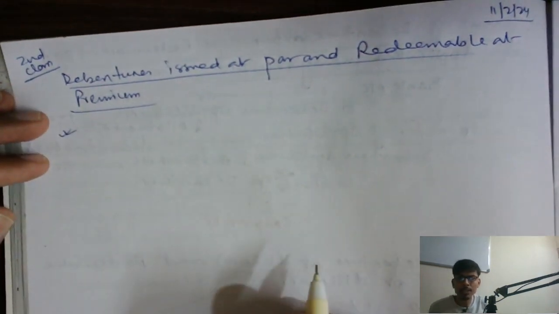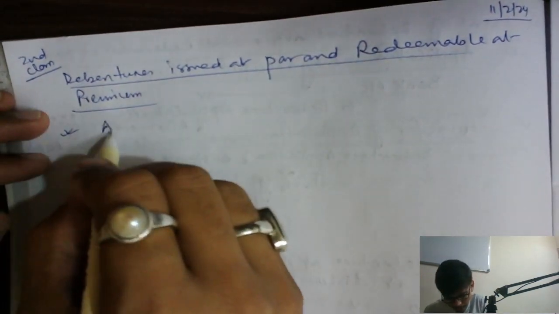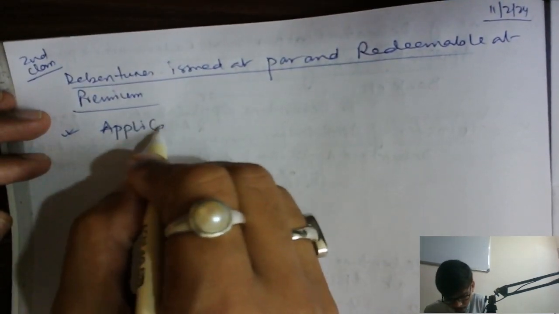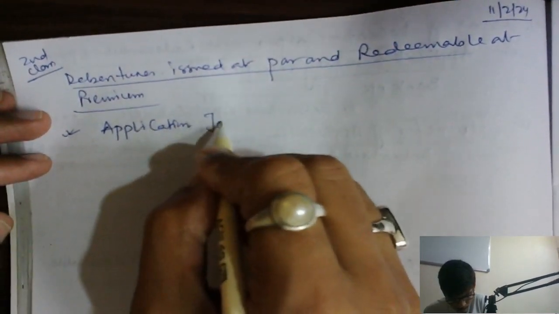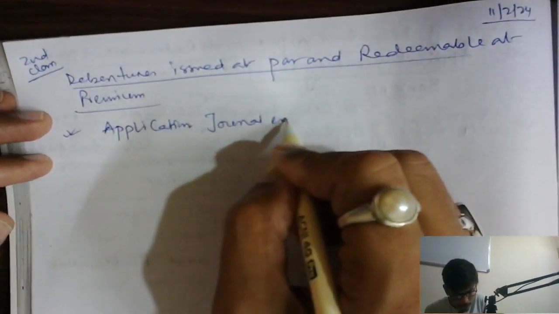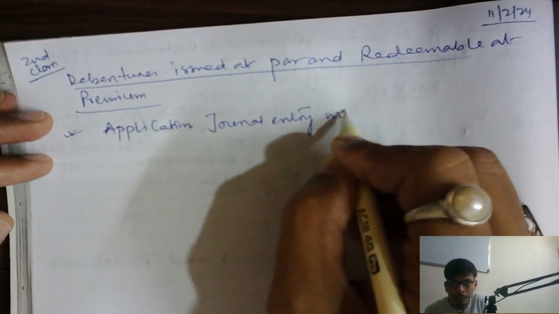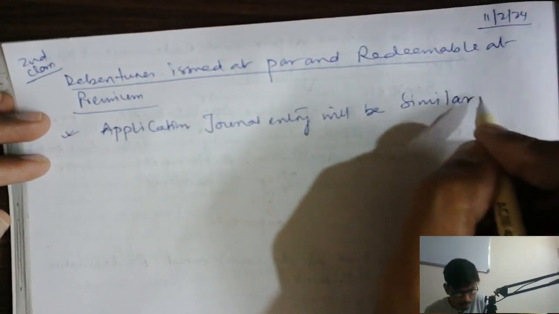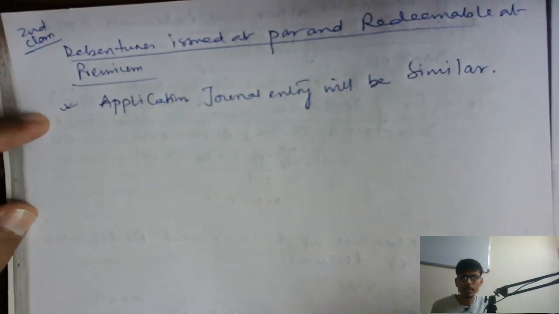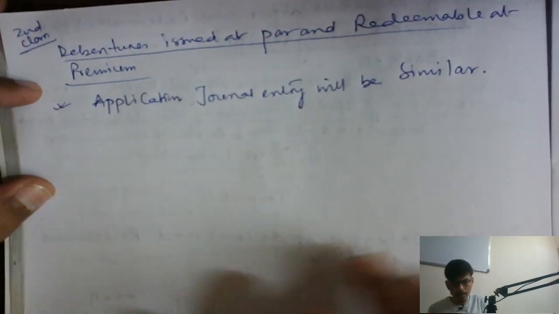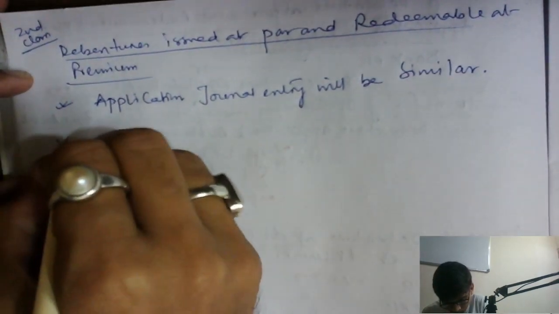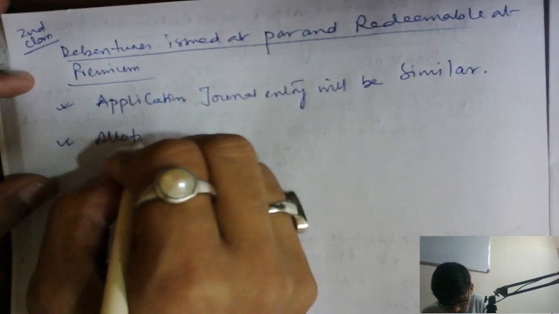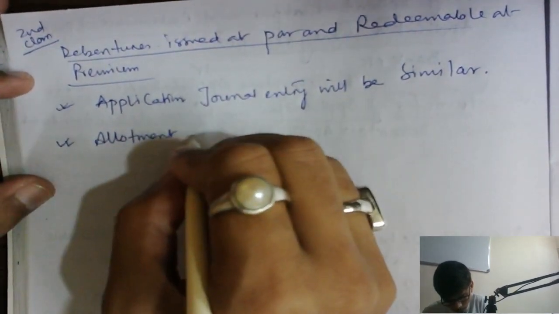So the application journal entry will be just similar. No such differences are there. The application journal entry will be similar. But in case of the allotment entry,